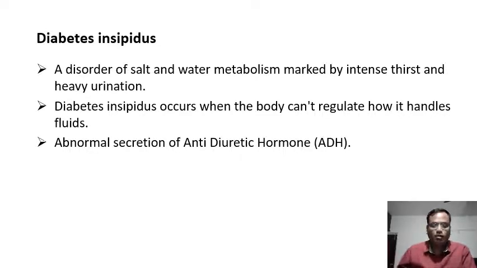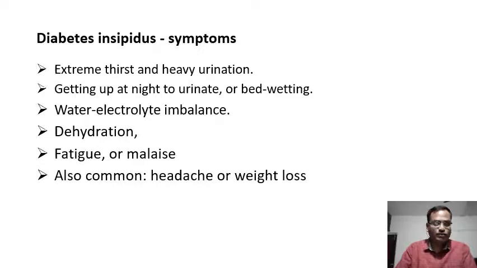Either there is a problem with the production of antidiuretic hormone, or the antidiuretic hormone is there but it is unable to do its function properly at different levels, like in the kidney. So whatever the reason, it will lead to loss of water in the form of dilute urine released in very